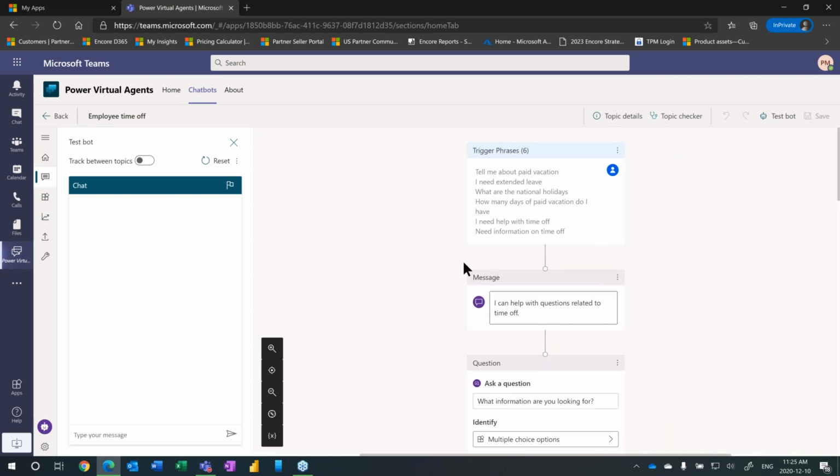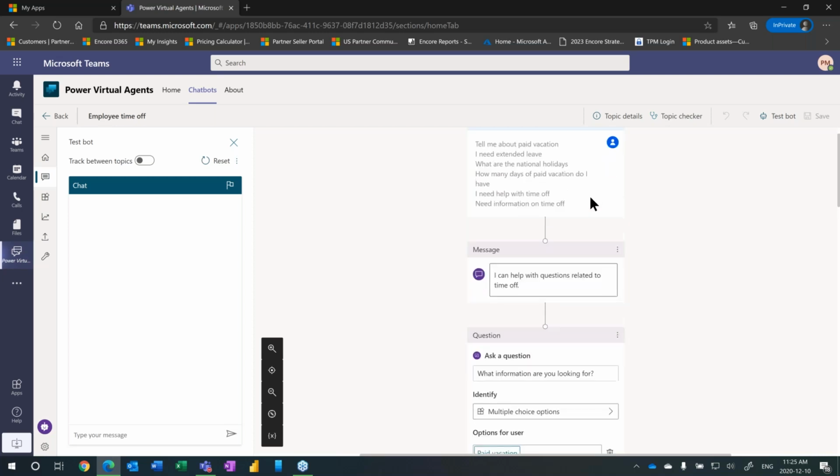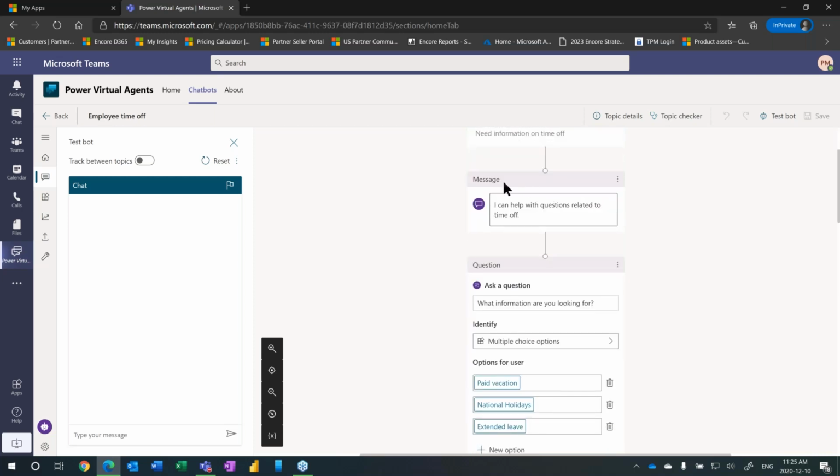So it's a very straightforward canvas where you have your trigger phrases, and then afterwards you just click a plus sign to continue activating further down the tree. So here I just have a message item that I put in there, and I can just type in manually what I want that to be. And there's the plus symbol when you want to add a node.